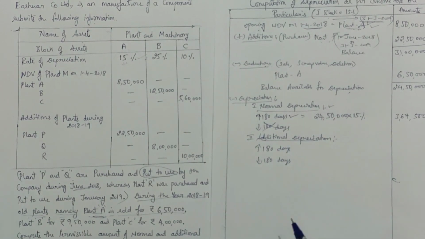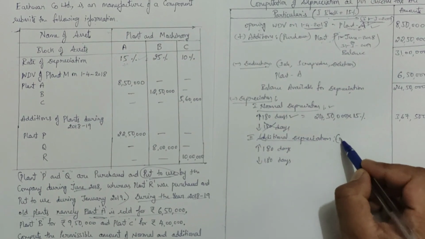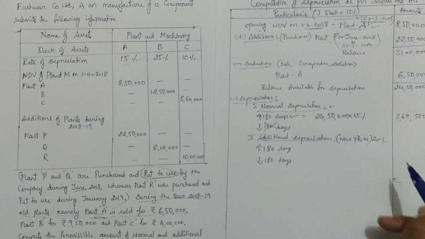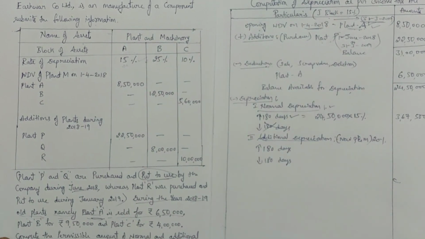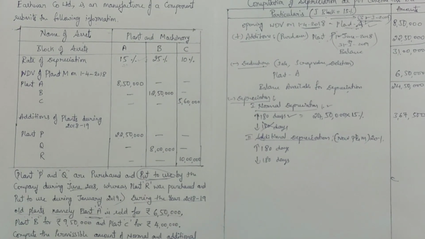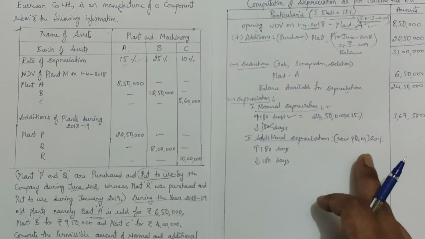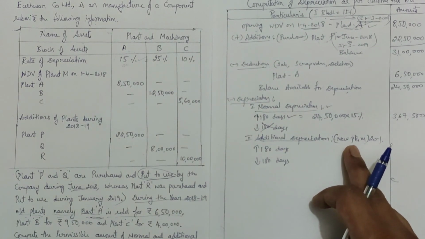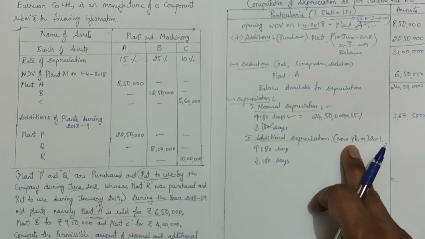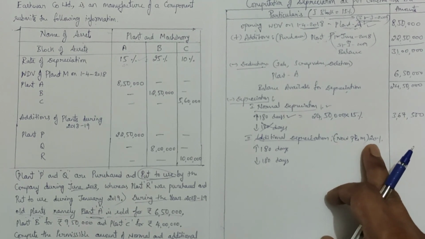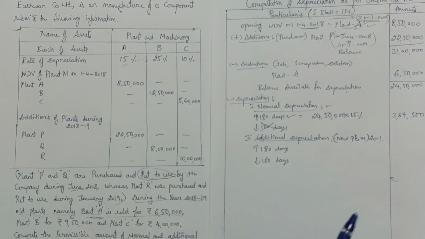Next we need to check additional depreciation. Additional depreciation will be charged only on new plant and machinery. That's 20%. Whether they mention it in a question or not, you should know. We have a rule according to income tax: if we are charging any additional depreciation, then compulsorily it should be charged on new plant and machinery only, which must be used in a business for production or manufacturing purposes. If we have that case, then we need to charge a 20% flat rate of depreciation on the new plant and machinery.